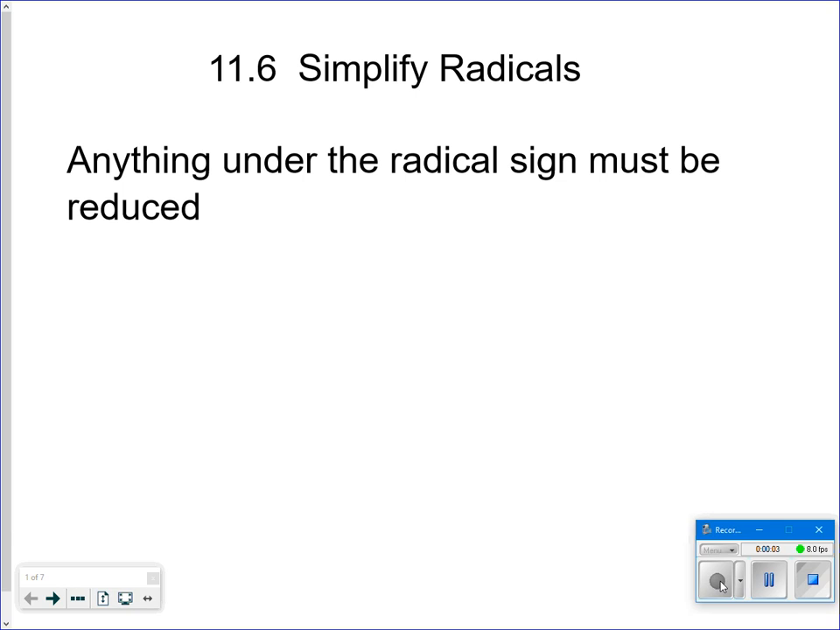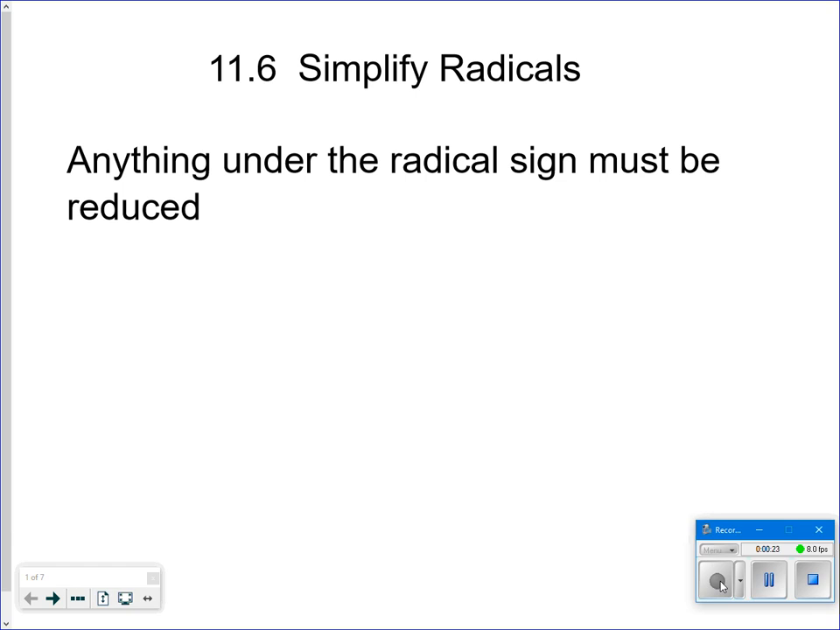Morning. Today we're going to look at section 11.6. We're going to be looking at simplifying radicals. Now if you can remember in chapter 9 we did some simplifying of radicals already, so this is going to be very similar to that. They're just going to look a little more complicated underneath the radical sign,